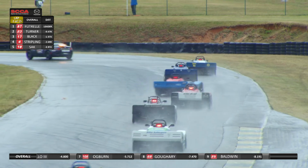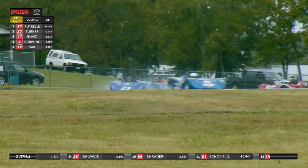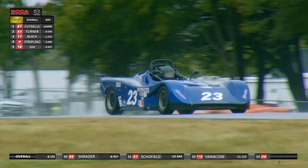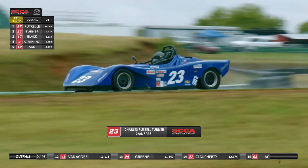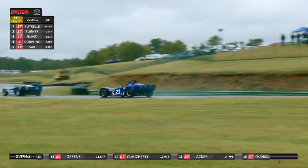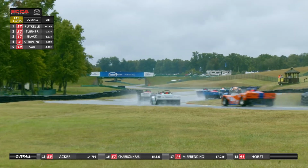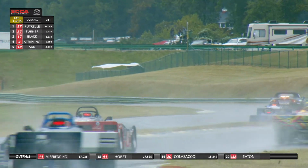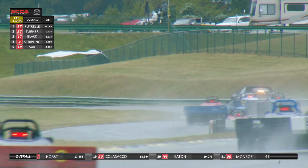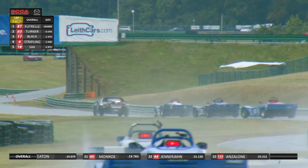Yeah, like I said, these drivers are all veterans. They've got multiple starts to their credit, and they know that the first turn, first lap is not the place to do a bonsai move. You know, let the race settle in, get a little more familiar with these conditions, to what these brand new rain tires are going to bring for these drivers, and find out where the grip is. Again, it was dry all week long through practice and qualifying. This is the first time these drivers have experienced this as a wet track,